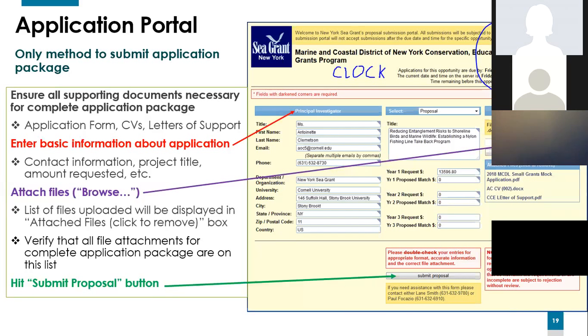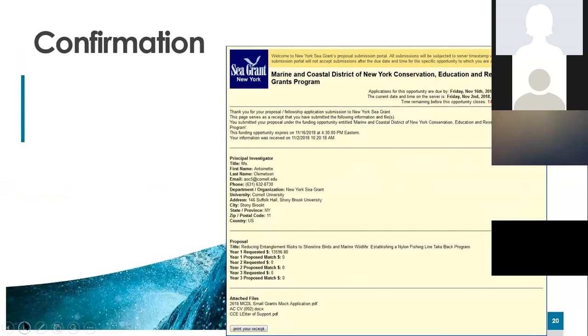The next step, again, I would urge everyone who's applying to just verify that all your files are there. Once all your files have been uploaded and you're confident that you're ready to go, then you will hit the submit button, and that will take you to another page. So this is the last part of the application submission.